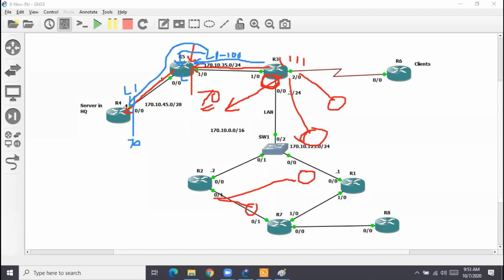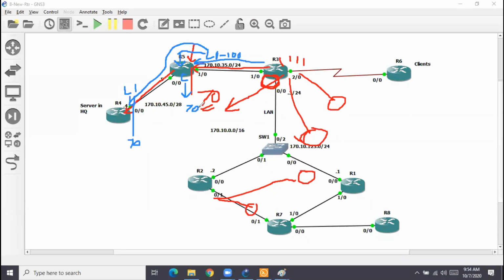Now what does R5 do with the copy? It applies its own policy to that LSA. In its own policy, we said, hey R5, if you see 70 anywhere, deny. So from that LSA, whatever is there in the database, it drops 70. It says, sorry, you cannot go in the routing table.